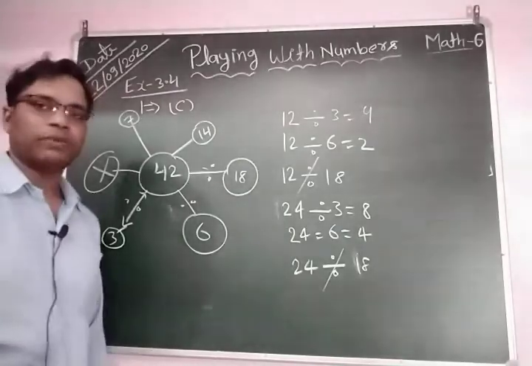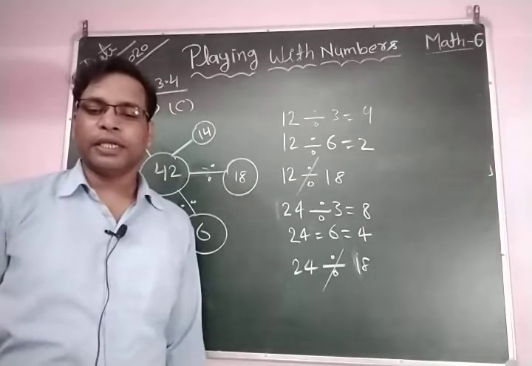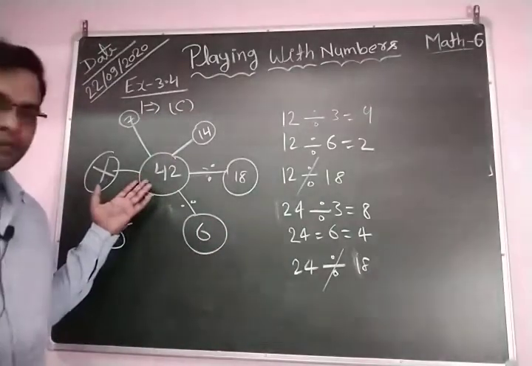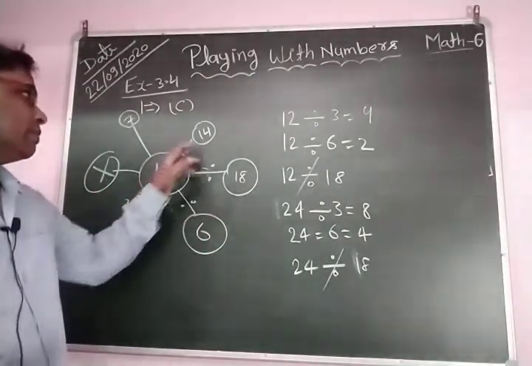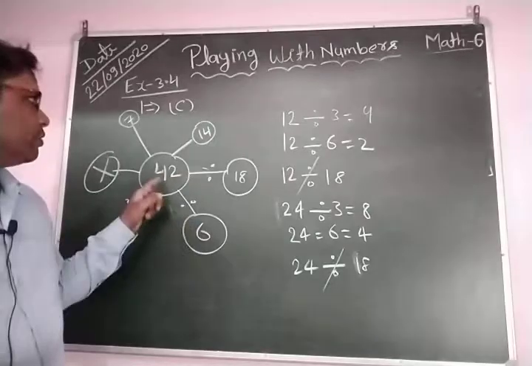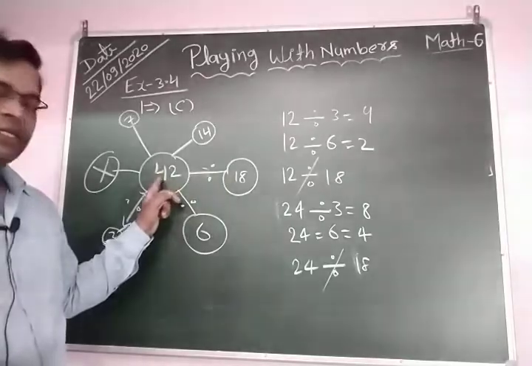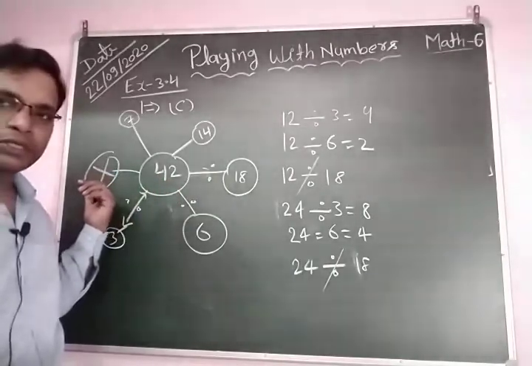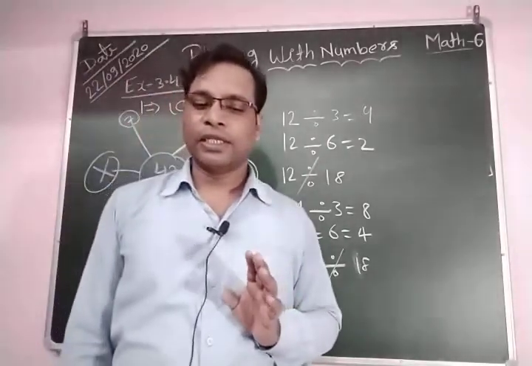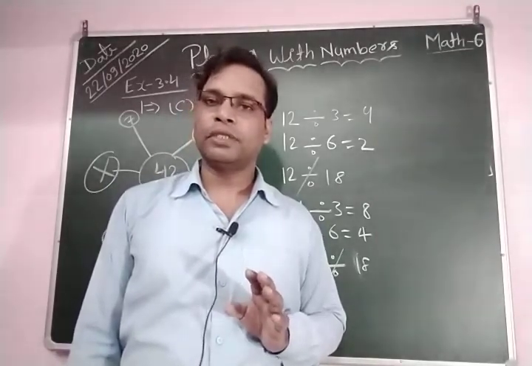Clear? So students, I hope all of you understood that a number is divisible by 18 if it is divisible by both 3 and 6. Here you can see we take a lot of examples, and here also we take 42. 42 is divisible by 3, then we obtain quotient 14, and 42 is also divisible by 6, then we obtain quotient 7, but 42 is not divisible by 18. Okay, then we obtain no quotient. So in this way you can see the given statement is false. That is, the statement that a number divisible by both 3 and 6 must be divisible by 18 is false.